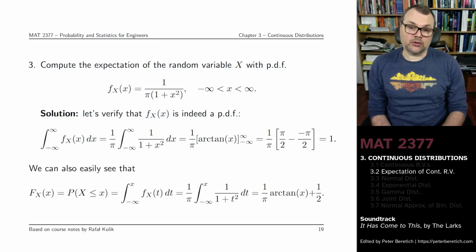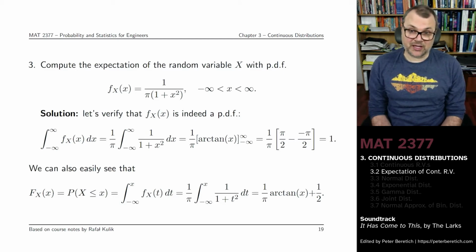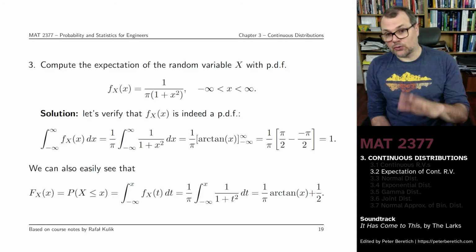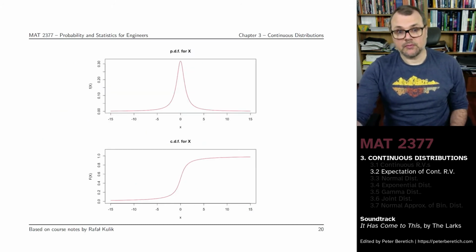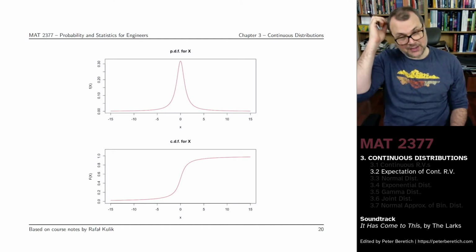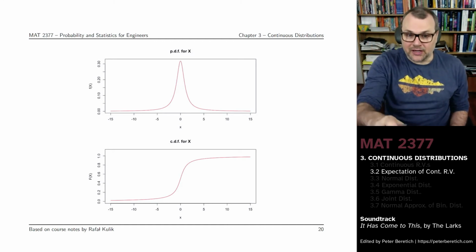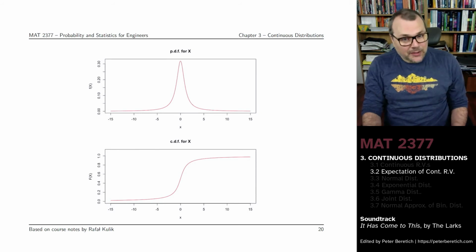The integral of the PDF is indeed equal to 1, but this is not a random variable which has an expectation. I'm not going to go through the exercise with you. You can look at it in the slides. It looks like a PDF, it looks like a CDF. It is a PDF and a